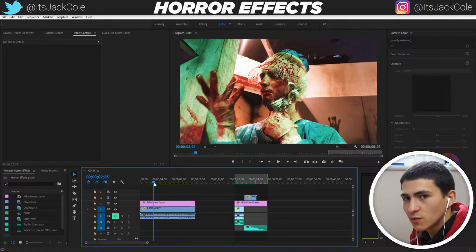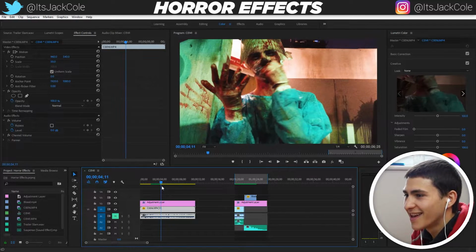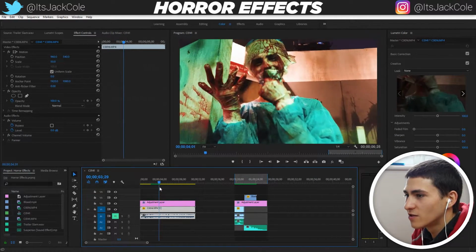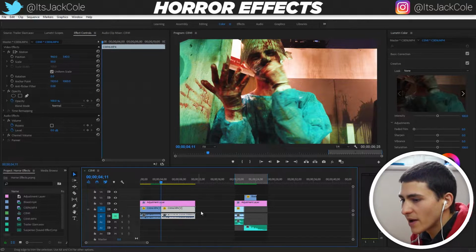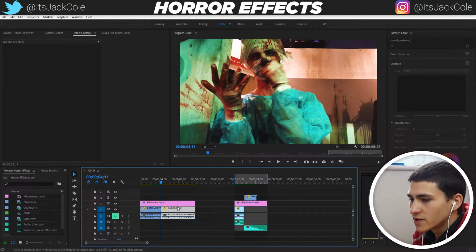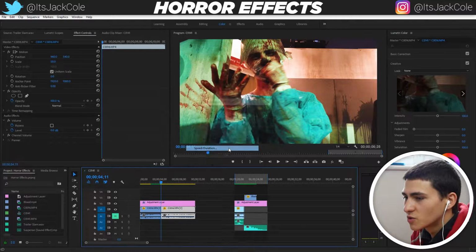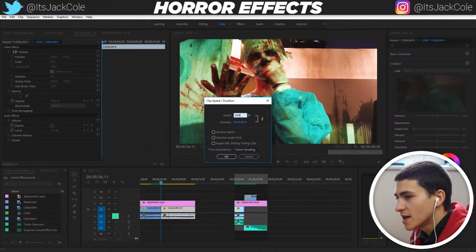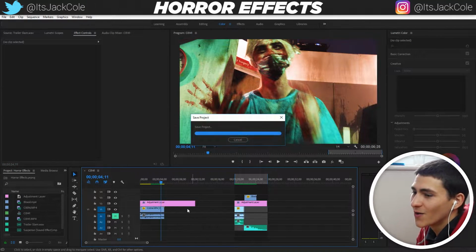So once we've actually done that simple color grade, I want to actually go along to see when my homie's mask is going to be on his face full, and we're going to do the jump scare. So I'm actually going to chop the clip right about there. Actually, what I'm going to do is chop the clip right there, right-click the side, go to speed duration, and actually just put this clip on the right-hand side to 1,000. That's right, all the way to 1,000.